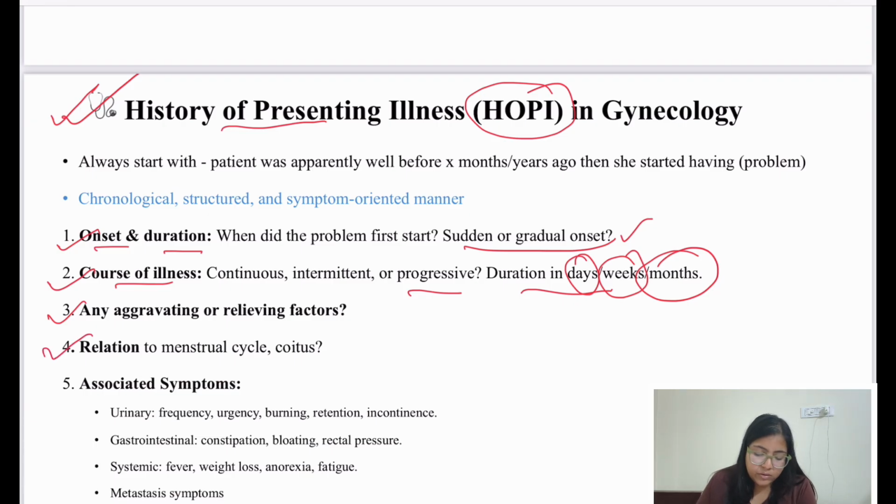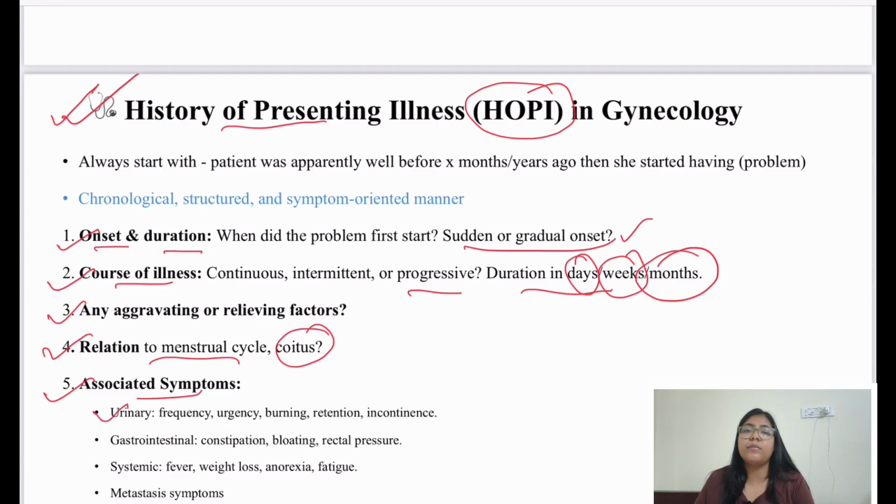And what is the relation to the menstrual cycle? If there is pain abdomen, is the pain during menstruation, or just before the onset of menstruation, or does it persist throughout the month, with menstruation and even without menstruation also? Relation with coitus: is the pain abdomen associated with coitus or not? And if there are any other associated symptoms,